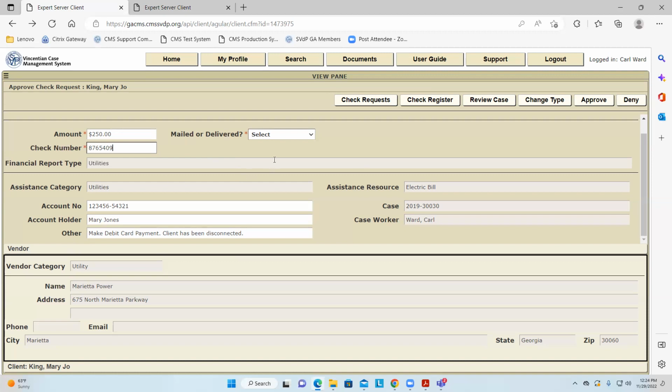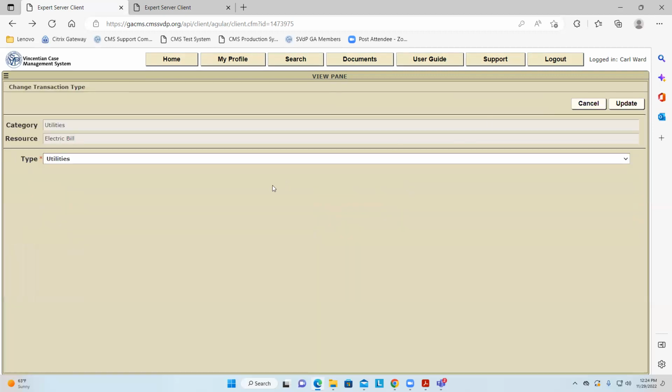Here's your question. Is there a way to change the assistance resource? Say the caseworker types in rent and it's really for utilities. Can the treasurer do that? No. I don't think you can change the resource. You can change the type only.